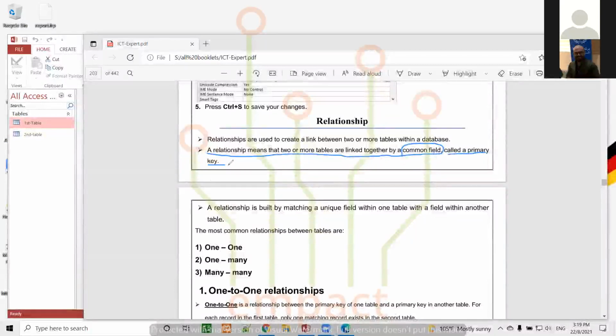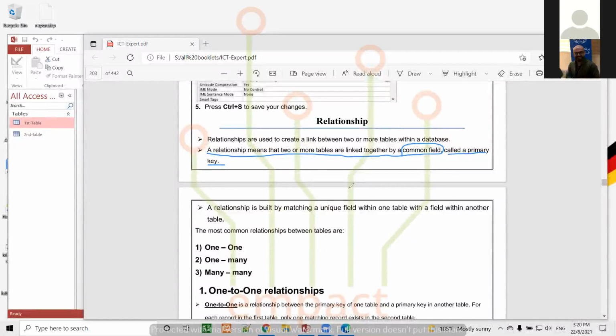So we are just adding a primary key on the field that we want to make common between these tables, maybe more than two tables, and we just want to link them together. Now we came out that we need something which is called primary key. So this is the use of primary key, and this is how we need to deal with